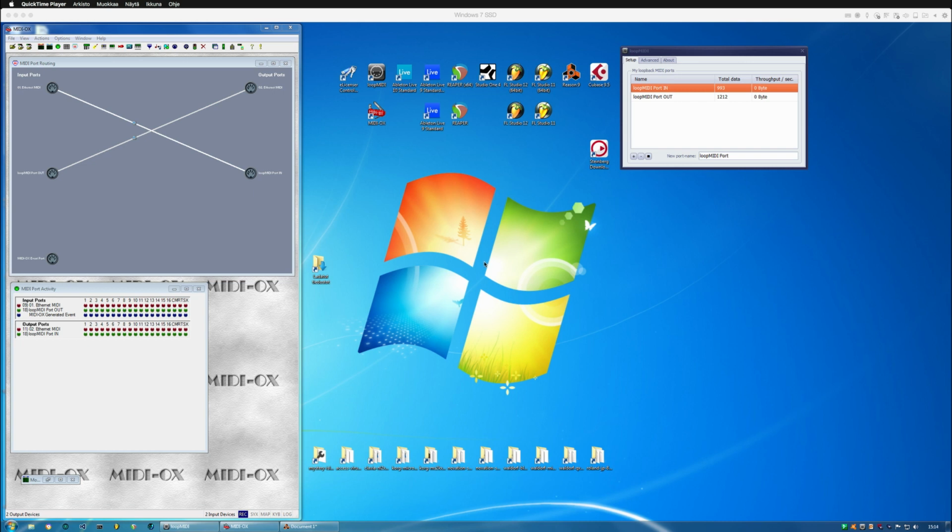Hi, in this video we're going to take a look at how to insert and configure the VirusHC plugin in Propellerhead Reason 9.5 on a PC. Before we go into it, I would recommend going to our website